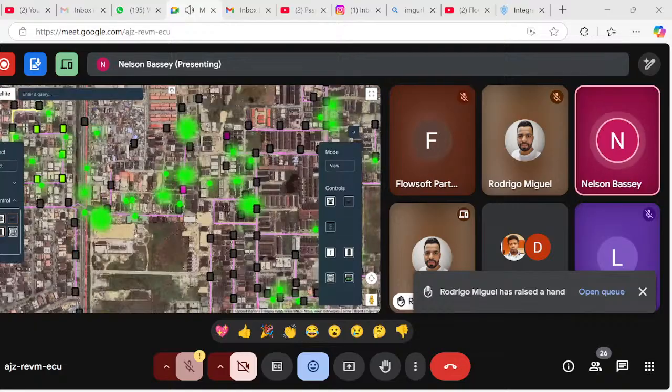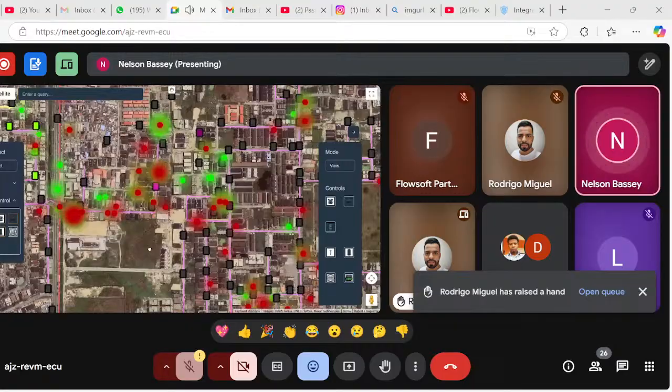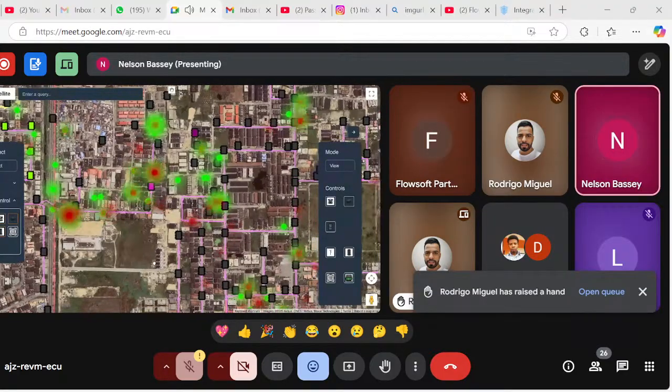So zooming out a bit, in addition to all of that, you can also at a glance see offline devices. So I also activated the red dots and it brings to us all the clients currently offline at the same time, right? So this is what we call the complete bird's eye view of FlowMap, where if you activate all of this, at a glance you can know what's happening in your network. You can see your layouts, you know your online clients, your offline clients. And interestingly, it can give you quicker insight,